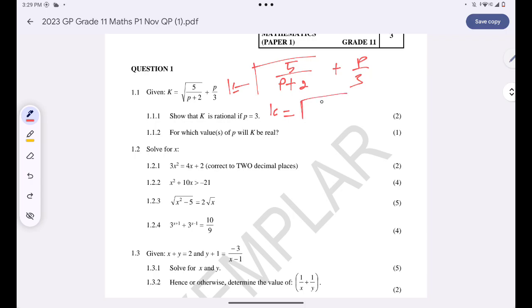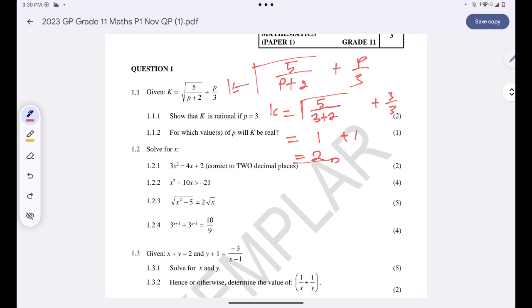So if p is equal to 3, I'll simply have 5 over 3 plus 2, then 3 over 2 there. Then this will be 5 over 5, which is 1, and the square root of 1 is just 1. And then 3 over 3 will give me 1. The answer is 2. So whenever p is equal to 3, k will be equal to a